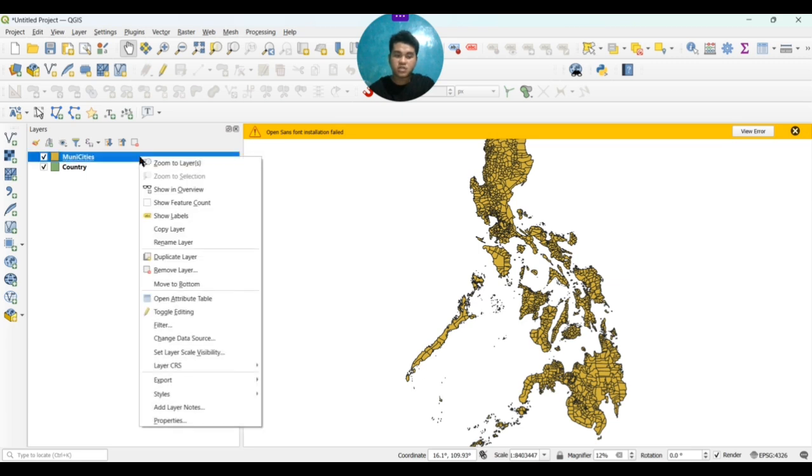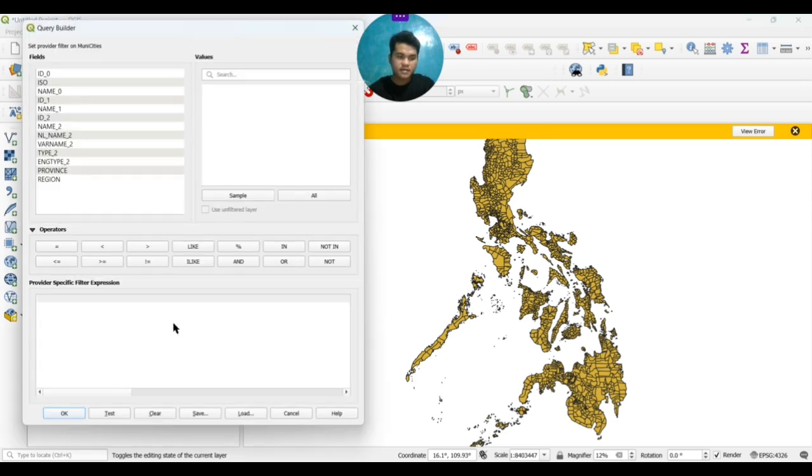First you click the municipalities layer, then add a filter. Click Filter, and first you need to double click the field name, then click the equal sign.